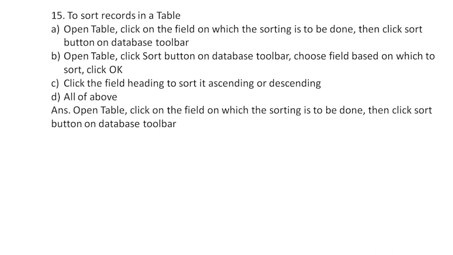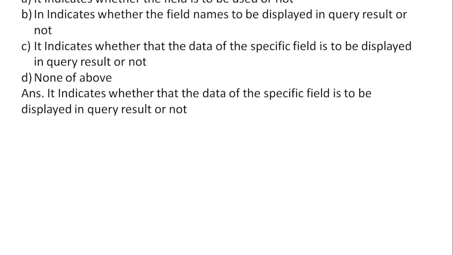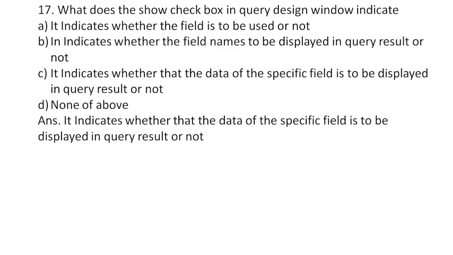to sort records in a table, answer দেখতে পাচ্ছি বলছে open table, click on the field on which the sorting is to be done, then click sort button on database toolbar. Next, which field type will you select when creating a new table if you require to enter long text in that field? Answer holo memo. Next, what does the show checkbox in query design window indicate? Answer bolche it indicates whether the data of the specific field is to be displayed in query result or not. Next,